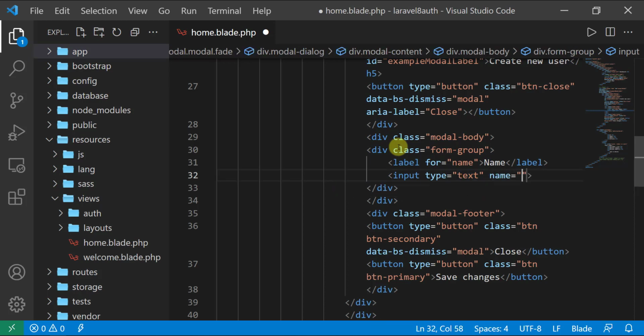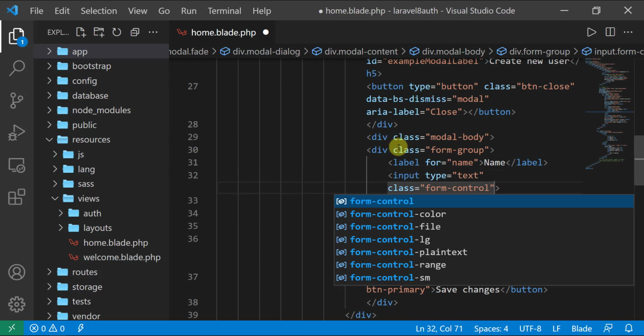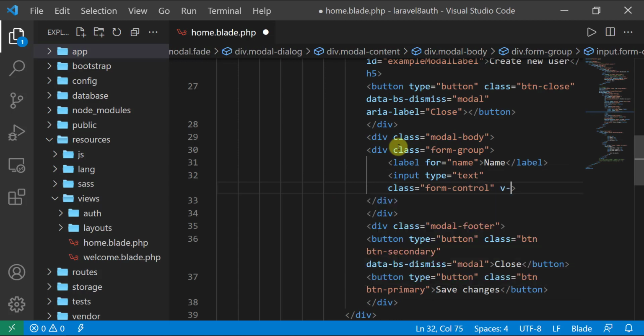We don't need the name attribute because we will be handling the store method using Vuex or Ajax. So in here what we need is a class which should be equal to form-control, and then v-model, which should be equal to, let's say, userData